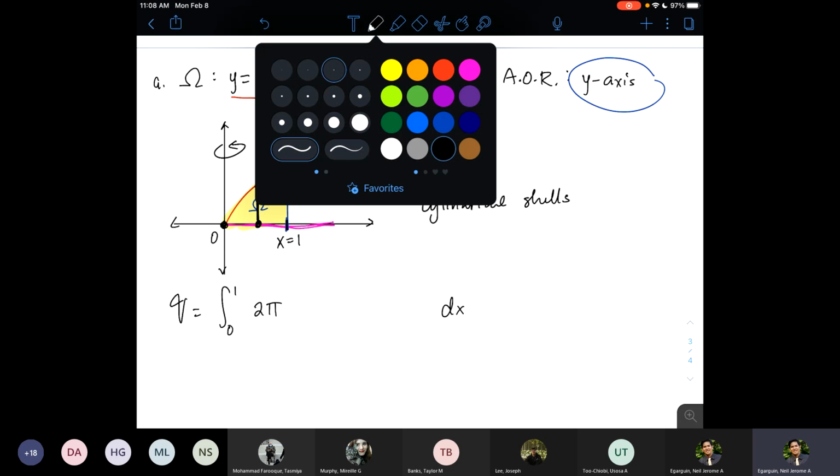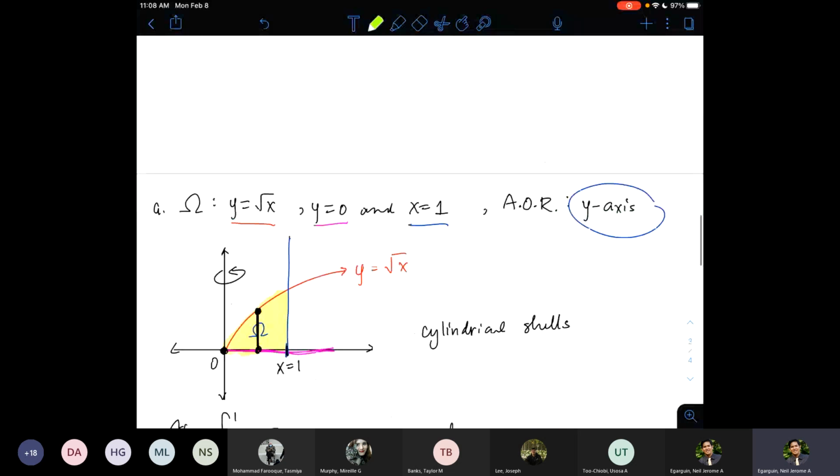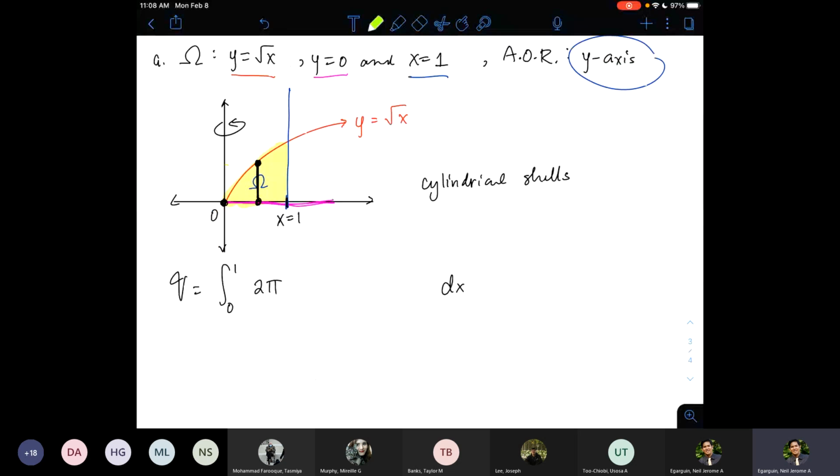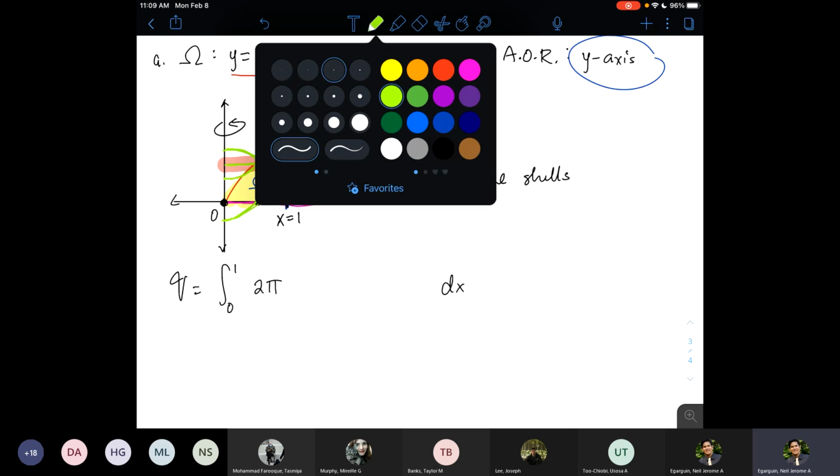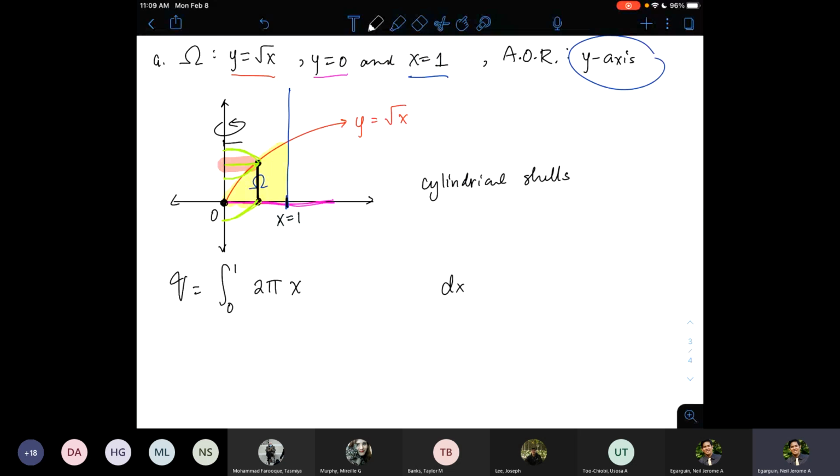So in order to determine the radius and the height, I will draw a typical cylinder. So a typical cylinder that will be formed after the revolution would be something like this, right? So I know that the radius will be this length, right? But remember our convention, whenever measuring something from the y-axis to the right, that's always x units. So that means the radius here would be x units, because it is from here until here, that's x units, okay?